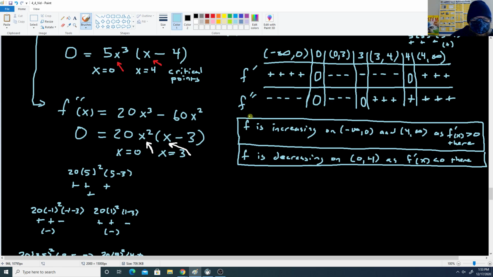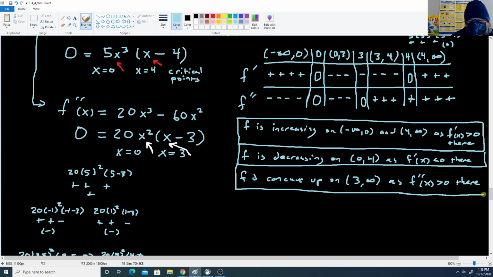Okay, next let's do concavity. It's based on the second derivative. F is concave up on, let's see, second derivative starts being positive here at 3 to 4. It's still positive over 4, and it's positive beyond 4, so we can join all of this into one interval. So it's 3 on up to infinity, as f double prime of x is greater than 0 there. So second derivative is positive for that region, means the function whose derivatives we were taking is concave up. So we'll get f is concave down